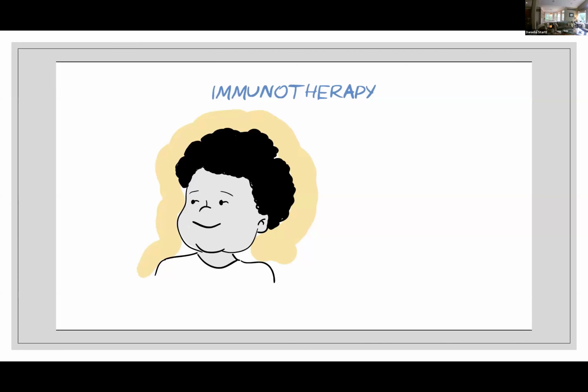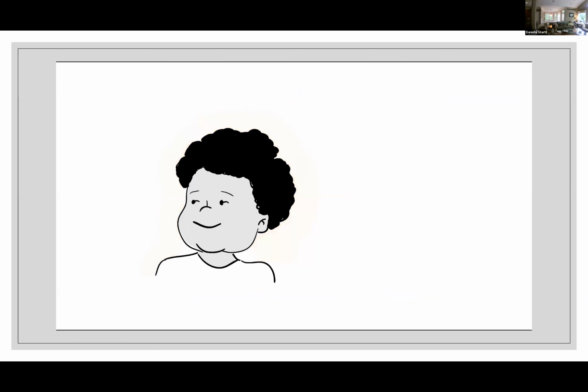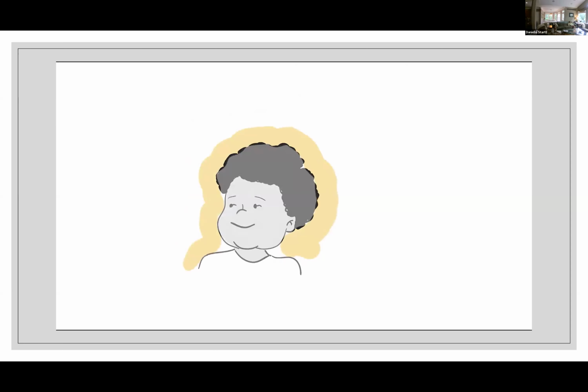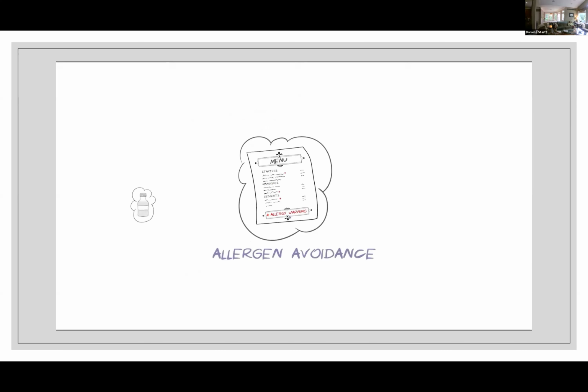This involves being exposed to a tiny amount of allergen in a safe and controlled way and giving larger and larger doses over time so that the body gradually becomes desensitized to it. Allergies are very common in childhood and can be lifelong, though for many, allergies fade as they get older. While allergies can be disruptive and impact on quality of life, they can usually be managed through allergen avoidance, treatment,